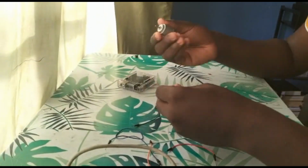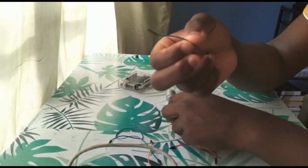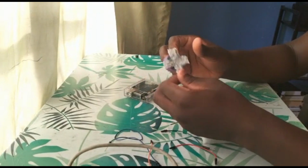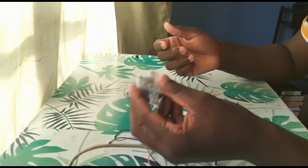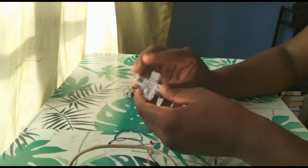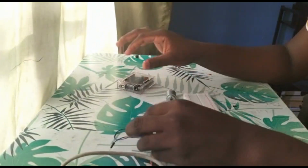You'll obviously need a motor, so the motor spins. Just so you know, the wires actually transfer the electricity from the board to the desired area. You'll need some sort of thing to see how the motor spins. So you could use this. You could use a bottle cap. I'm just using this fan blade thing because I had it from a failed project. And then